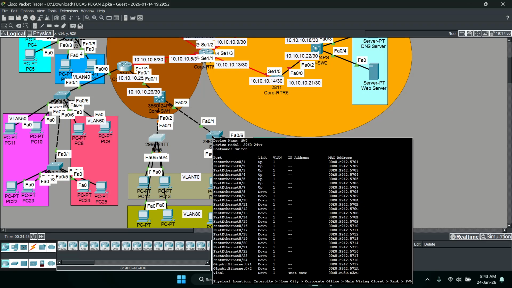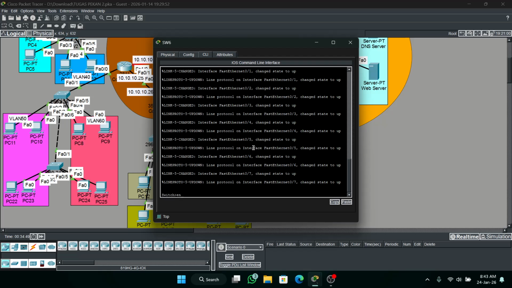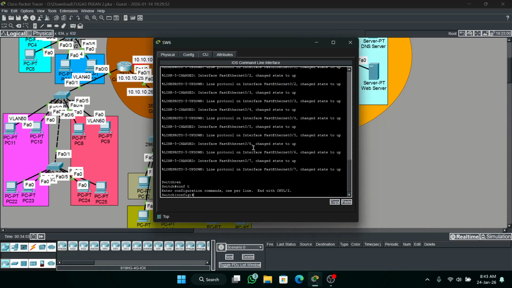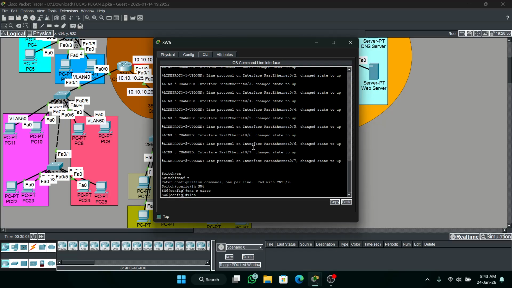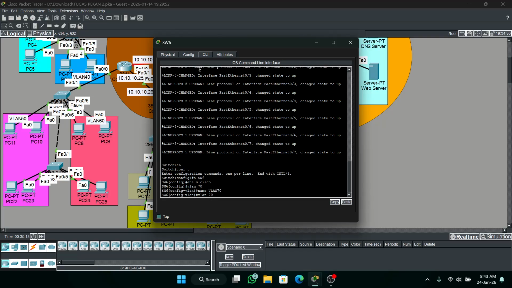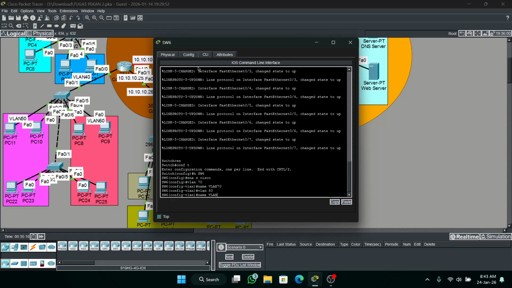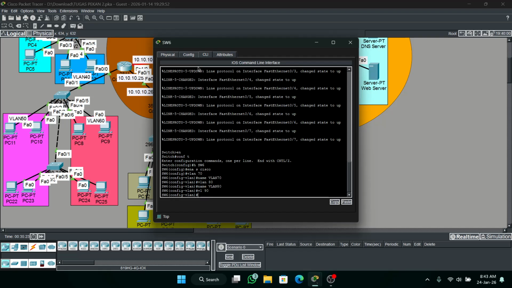next go to the site switch. Hostname, enable secret cisco, make VLAN 60, VLAN 70, VLAN 80, and VLAN 90. Okay,